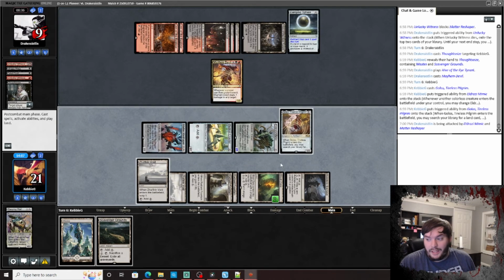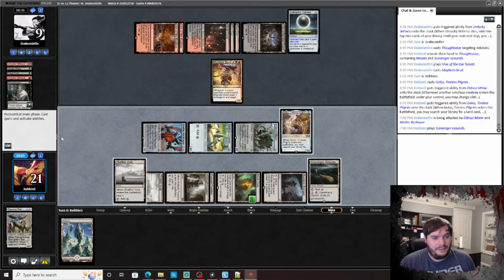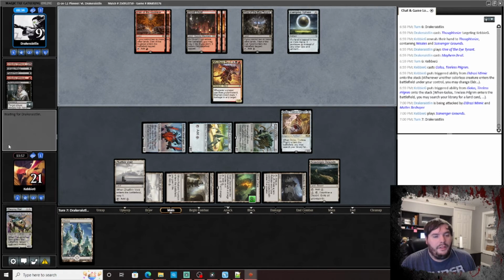That's a pretty good top deck from the opponent. That was his words. Golos. Pretty good top deck. Okay, so what do you got now? You could attack with Hive or Den. So he has options there, but